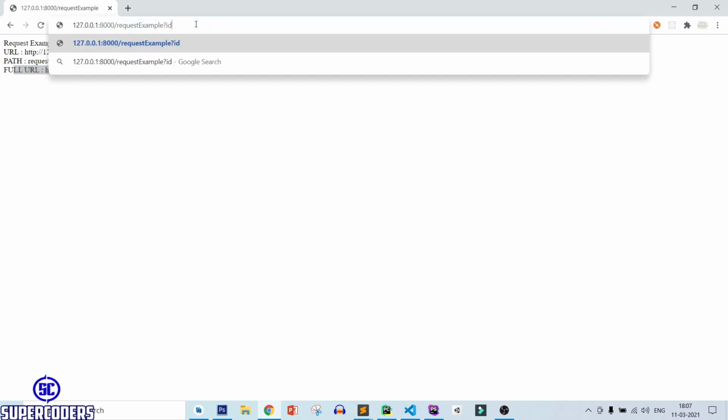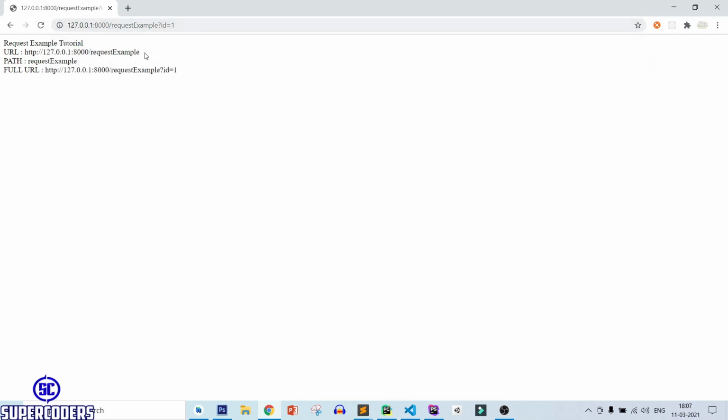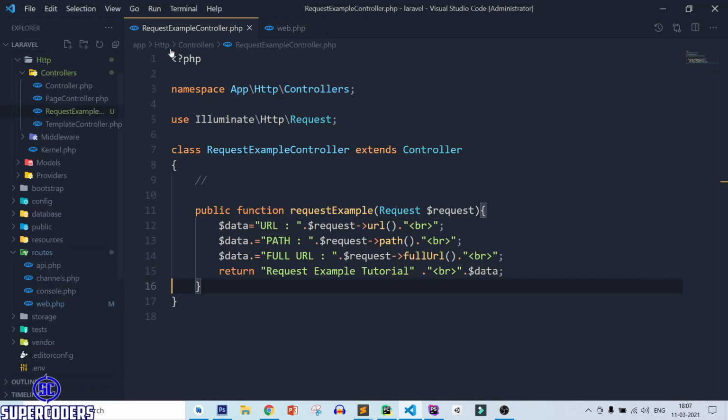So back to Chrome, refresh the page, and you can see you can get your URL, which is the HTTP complete example, and the full URL. Suppose you are passing some data like id equal to 1. Here you can get the URL only, but in the full URL you can get the parameter also. So that is the difference between full URL and URL. Let's add a comment.